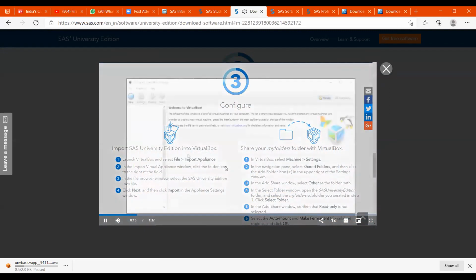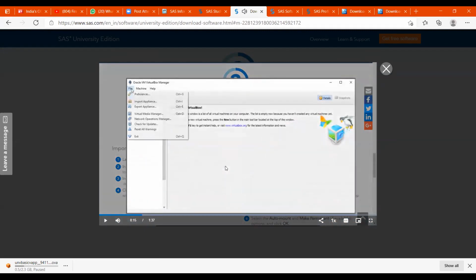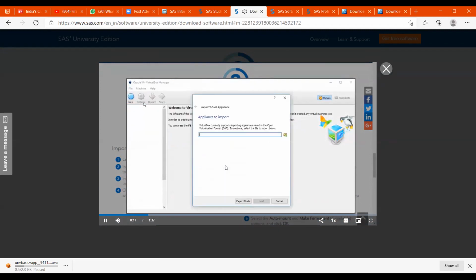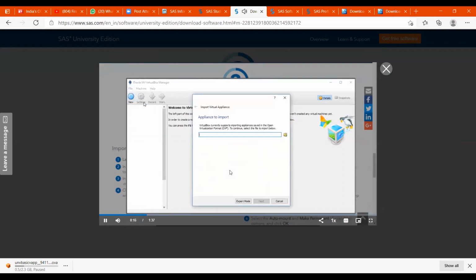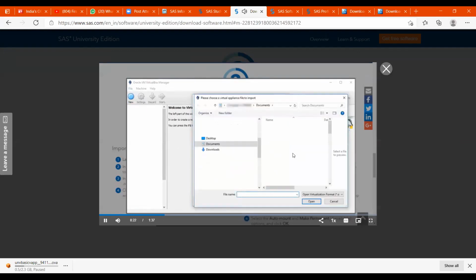Launch VirtualBox and select File. Remember, we have installed the VirtualBox, right? In the first step, that we have to click, you have to start. File, Import Appliance. And select File, Import Appliance. In the Import Virtual Appliance window, click the folder icon. In the File Browser window, navigate to the Downloads folder and select the SAS